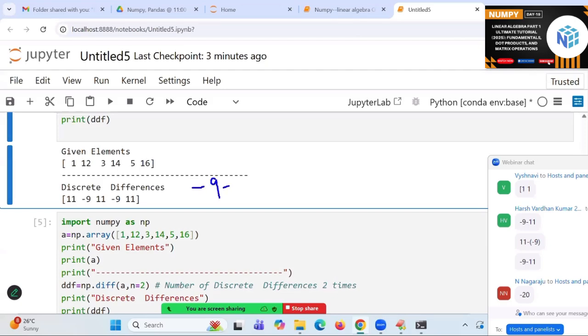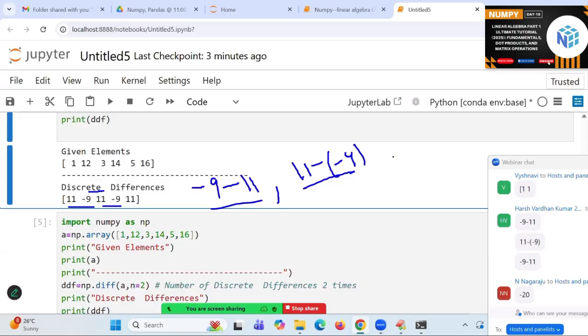-9. All of you, relax and then say. -9 minus 11, that is this part over this part. 11 minus of what? -9. This part over this part over. Next,